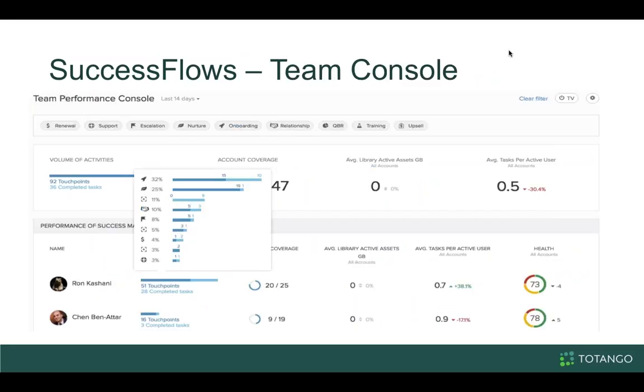The other addition is with the success flows on the team console. The team console now also has filtering capabilities. So you can actually filter by the type of success flow, so you can see where your team is spending their time. And you can also hover over. So if you look at one of your success managers, when you hover over